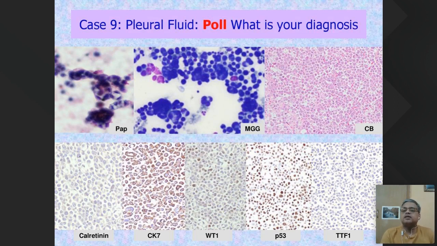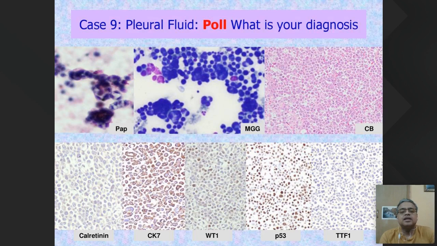So Pap stain is showing some fragments. They are coming as 3-dimensional clusters. Any 3-dimensional cluster, whether it is Giemsa or Pap. In Giemsa, a 3-dimensional cluster is made because you can't see the nuclei above and below. Although it has been flattened, the nuclei overlap each other and form a dense mass-like ball, unlike a flat sheet.